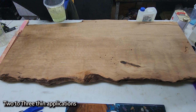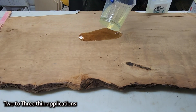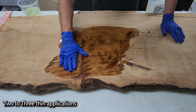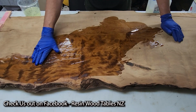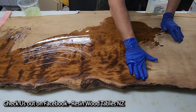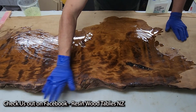The whole thing here, guys, it's not about putting a big thick coat on. You're just putting a very thin coat on. All you're doing is sealing the timber. That's the only thing you want to do. It's not about putting a real big heavy coat on it. So don't get too hung up on worrying about getting a really heavy coat on. All we're doing, oh my god, look at that stunning grain of that swamp carrot. All we're doing is just working that resin in, so it's really starting to absorb and suck into the timber